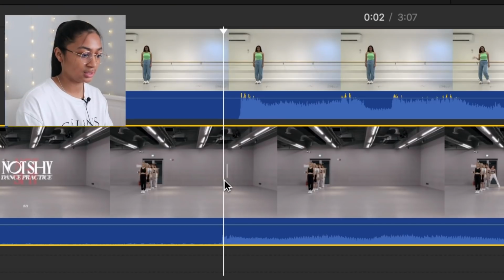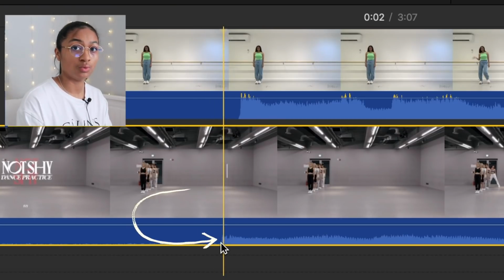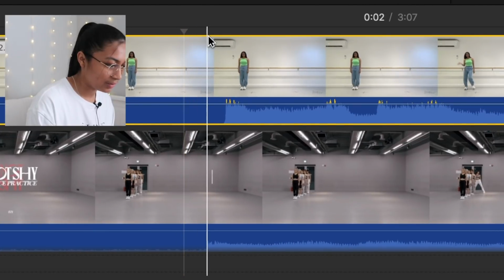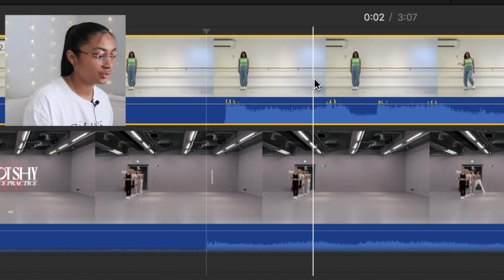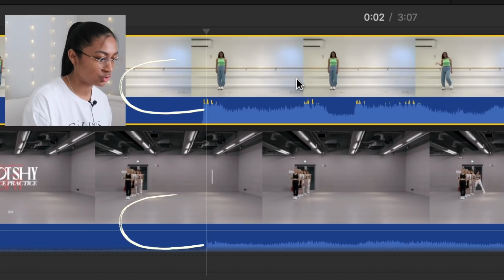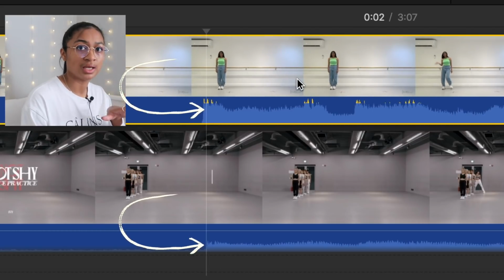Now if we look at ITZY's dance practice, you can see the audio waves. What you're going to do is use your cursor to go right at the start of the first audio wave. You're going to get your dance cover now, and drag that to match the start of the audio wave. As you can see, it's not going to be 100% perfect. This is all it's allowing me to do right now because I'm so zoomed in, but I'm going to place